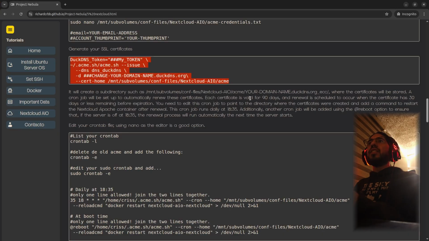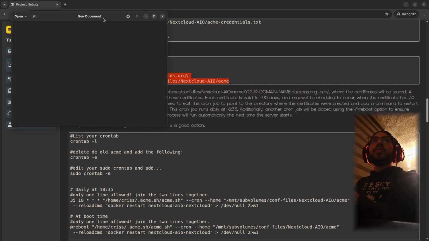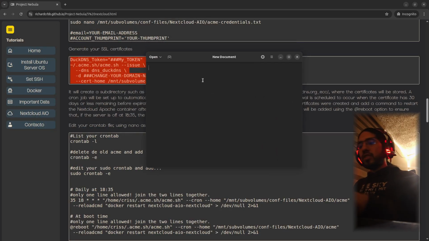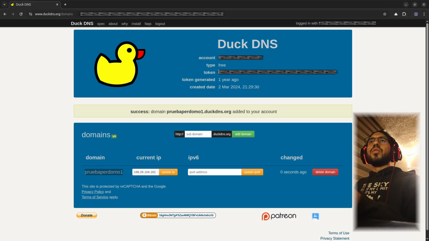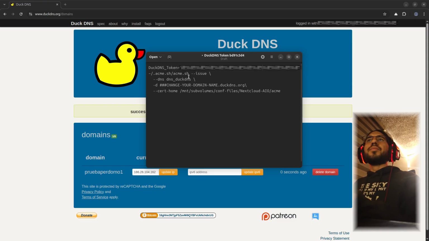You will help yourself with a txt file, a temporary file, so it is easier for you to edit this one. So it will request your DNS token, and you're going to provide that one. So you go here and you copy your token, and you can paste it here,